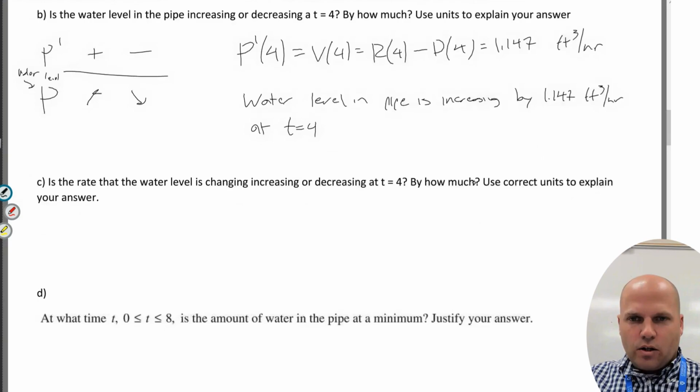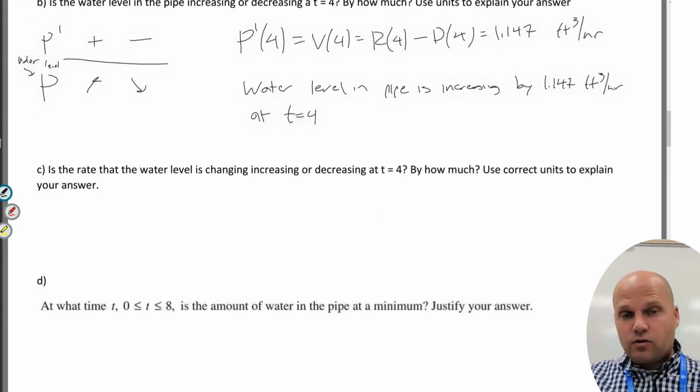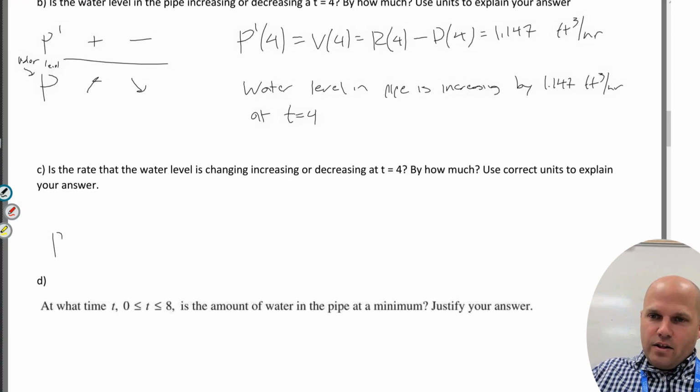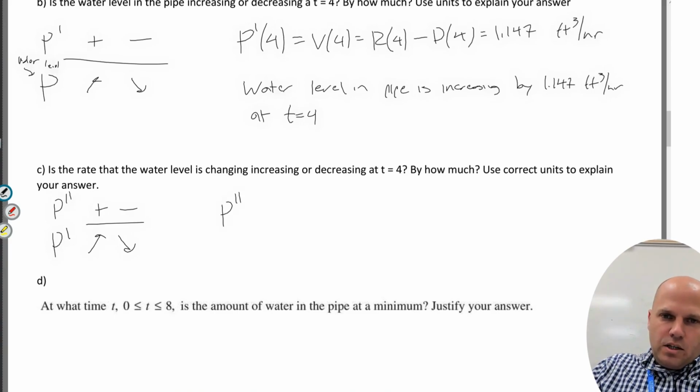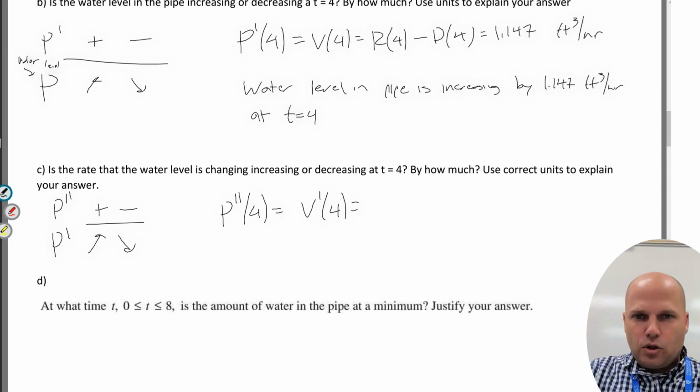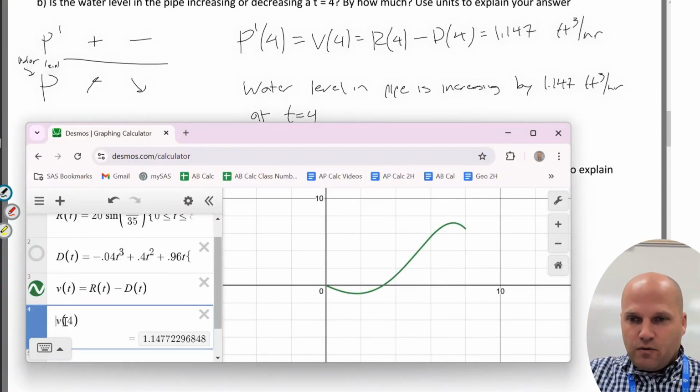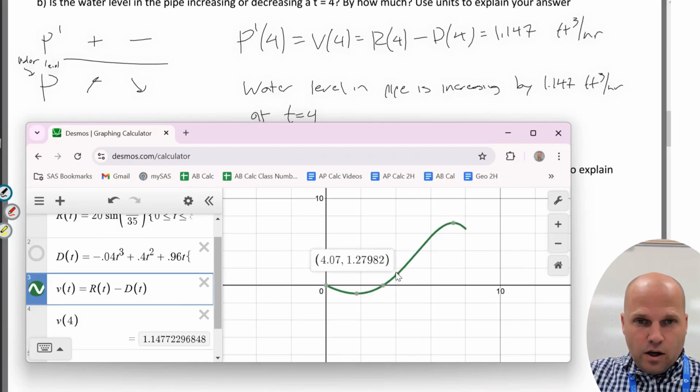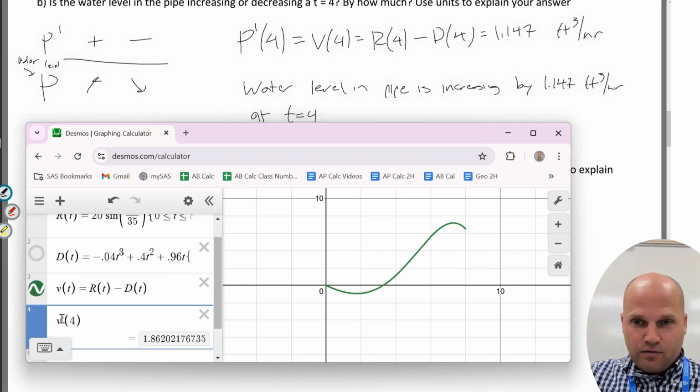Is the rate that the water level is changing increasing or decreasing at T equals 4? We are looking at the rate the water level is changing, whether it's increasing or decreasing. We would want to know the second derivative's value. We want to know P double prime at 4, which is V prime of 4, which is R prime minus D prime. You don't have to write that, but you could. And if you do V prime of 4, or if you look at your graph at 4, you can see my velocity is increasing. If I look at the derivative here, you should see a positive value,